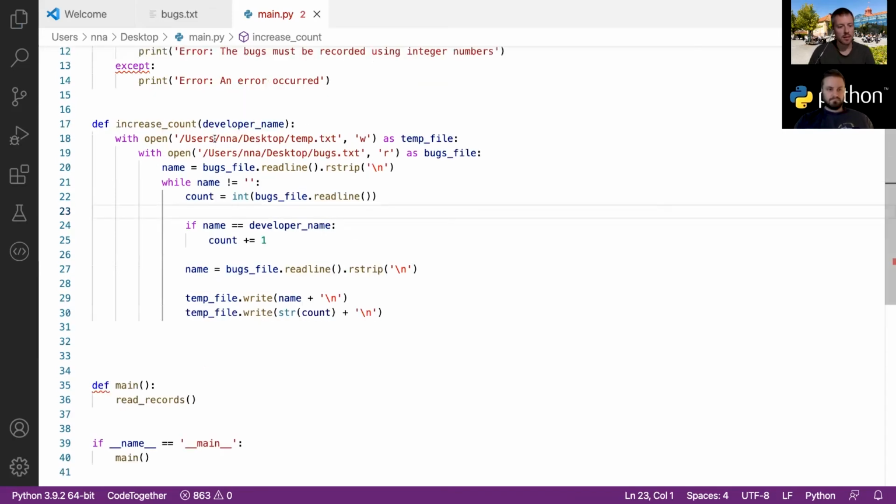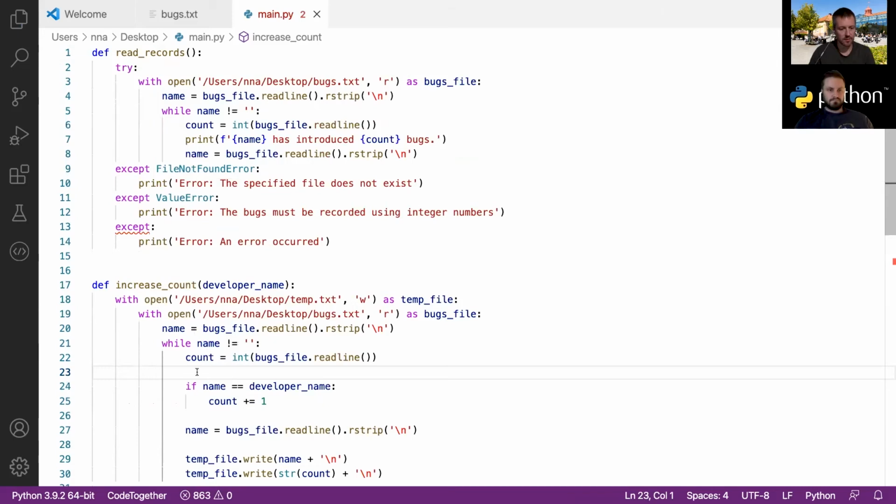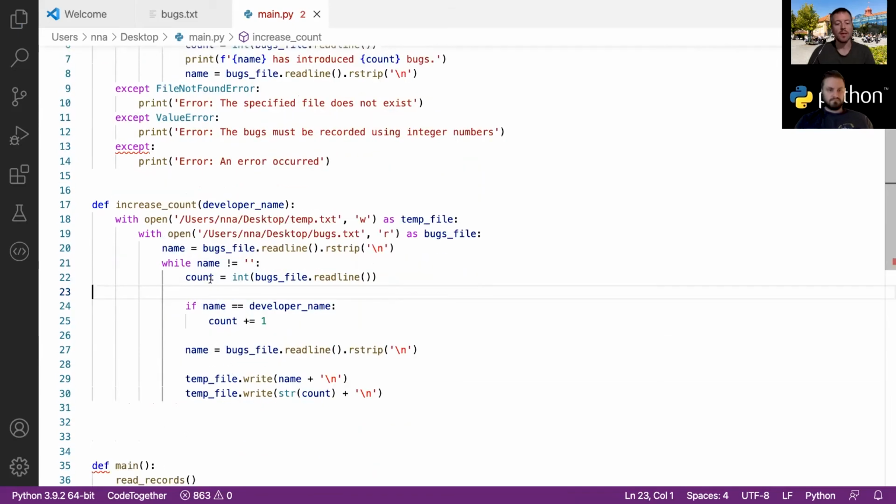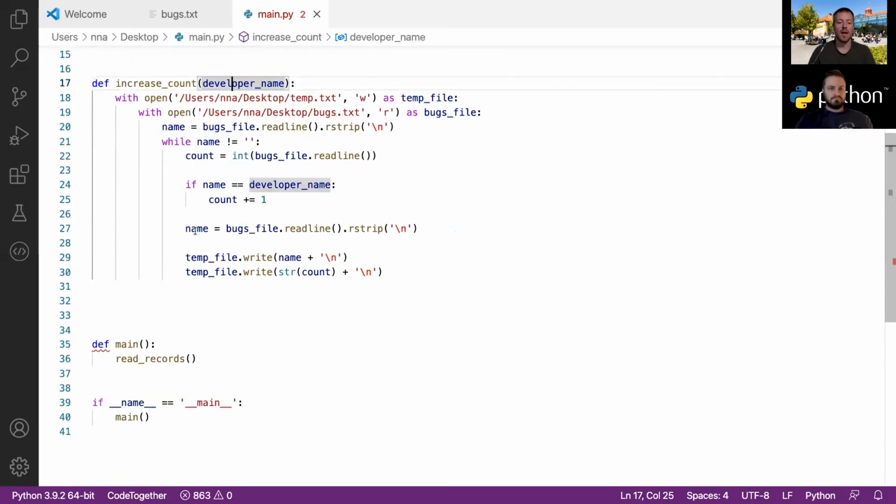After that, if we compare to what we had before, we still do the same looping here where we first read the name of the first developer, and as long as there are more developers, we continue looping here. And we need to read the number of bugs that developer has introduced. And if the name that we have read is the same as the one that we want to update, we increase that count by 1. And then